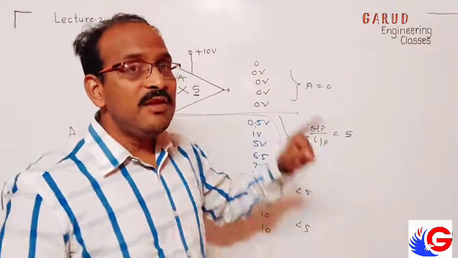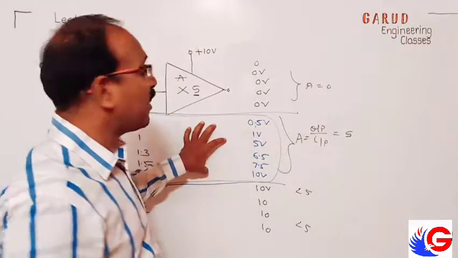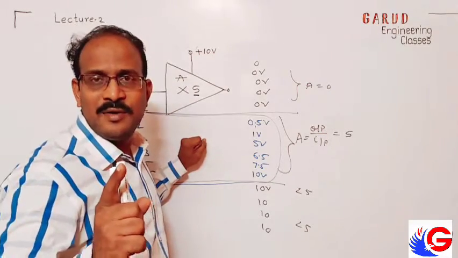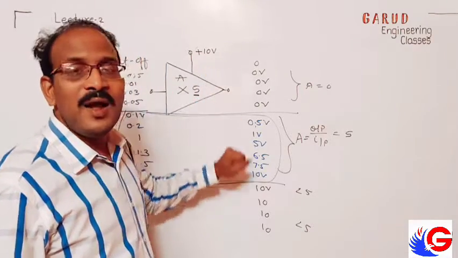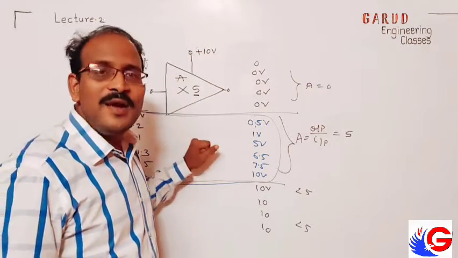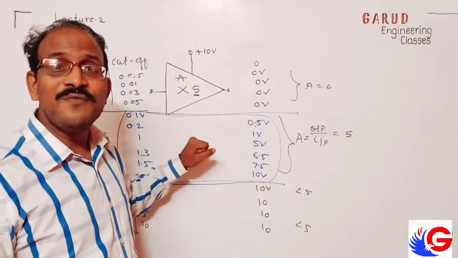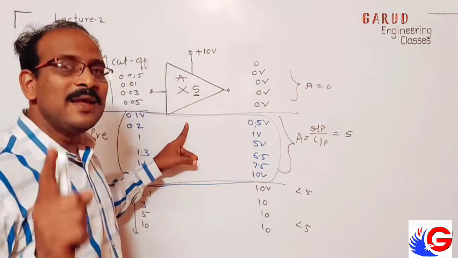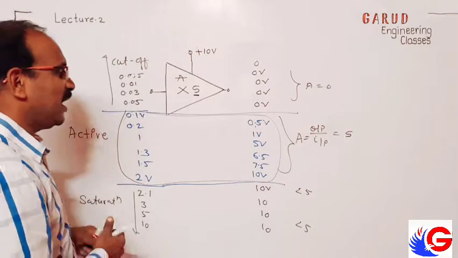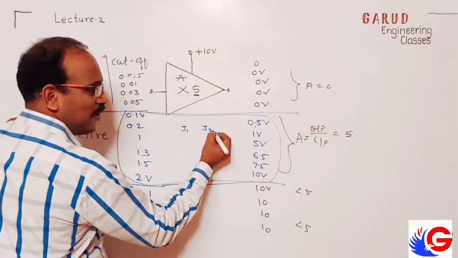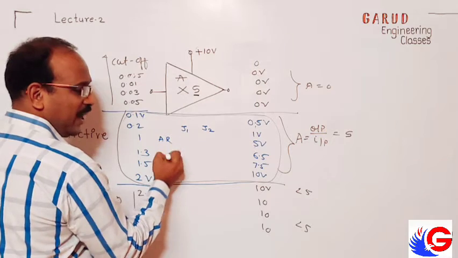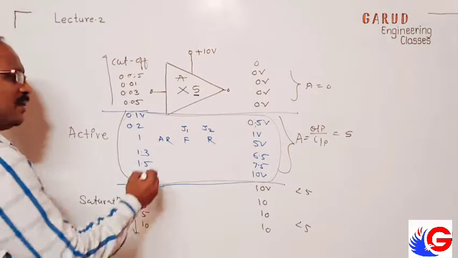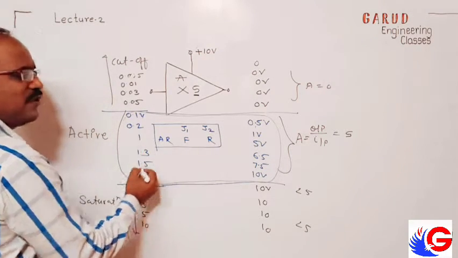As I told you, this particular subject is completely in the active region. Whatever amplifier we have, we have to maintain it in the active region. We will not be working in cutoff and saturation. What is the condition for this? The input junction of the transistor must be forward biased and the output junction must be reverse biased for the active region. You know, junction 1, junction 2, lecture 1. This is the condition for the active region.